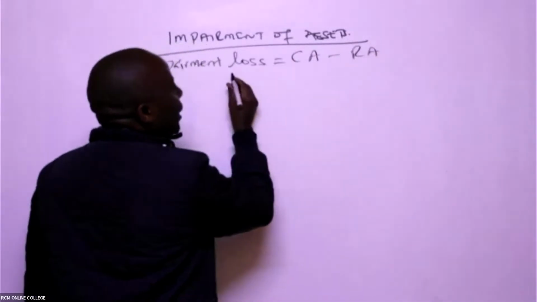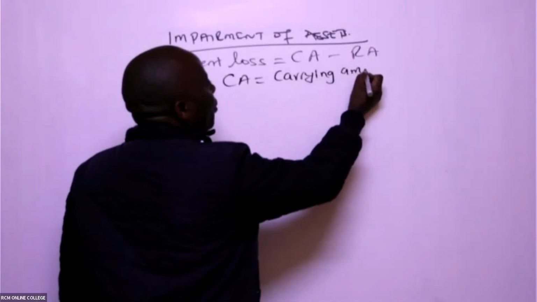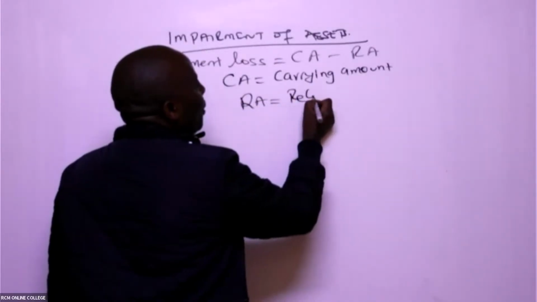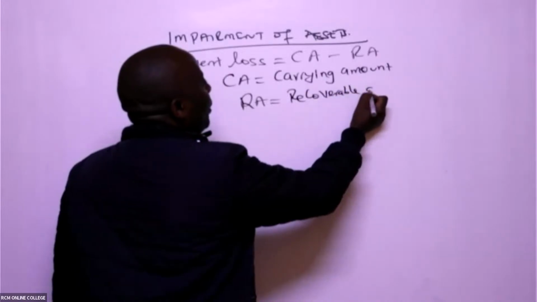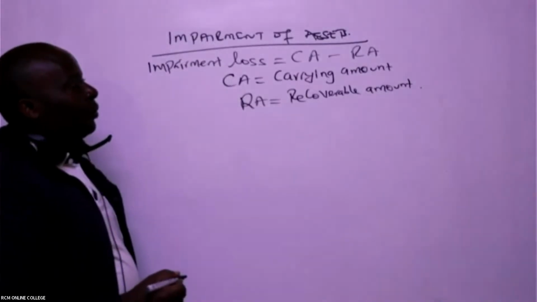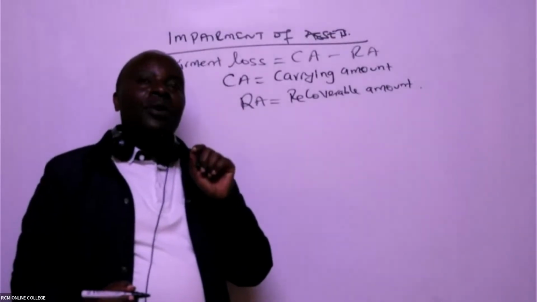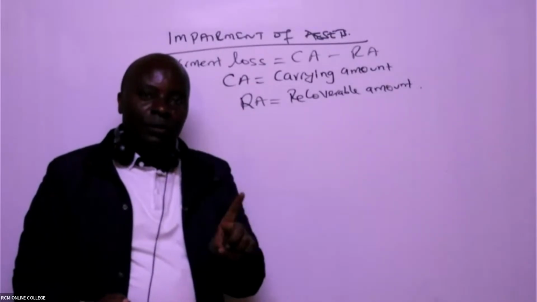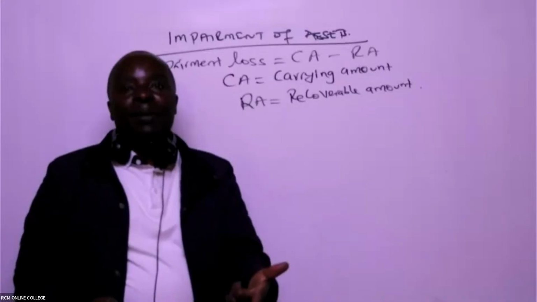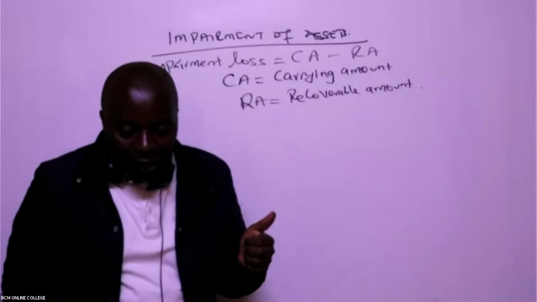So remember, this CA stands for carrying amount, and RA stands for what we call recoverable amount. So remember, carrying amount is also known as net book value. By the time you're getting carrying amount, we have already subtracted depreciation. So impairment loss now will be happening post depreciation. So anytime they want us to get impairment loss,